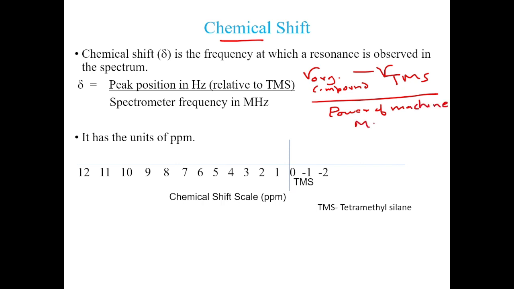in megahertz. ठीक है, तो ये केमिकल शिफ्ट भी कहलाता है, पीपीएम भी कहलाता है। तो it has the units of ppm। तो केमिकल शिफ्ट की जो यूनिट होती है वो पीपीएम होती है, that is parts per million। तो हम जो स्पेक्ट्रा आता है तो हम देखेंगे एक्सिस पे हमारा पीपीएम होता है, केमिकल शिफ्ट स्केल बोलते हैं इसको, पीपीएम में, और 0 पे हमेशा टेट्रामेथाइल साइलिन आता है, जैसे मैंने अभी आपको बताया था, क्योंकि इसमें जो सिलिकॉन है वो इलेक्ट्रॉन डोनर है, तो आपके मिथाइल की तरफ सारे जो मिथाइल के हाइड्रोजन एटम्स हैं उनकी इलेक्ट्रॉन डेंसिटी बढ़ जाएगी। तो शील्डिंग ज़्यादा होगी न्यूक्लियस को एक्सटर्नल मैग्नेटिक फील्ड से।